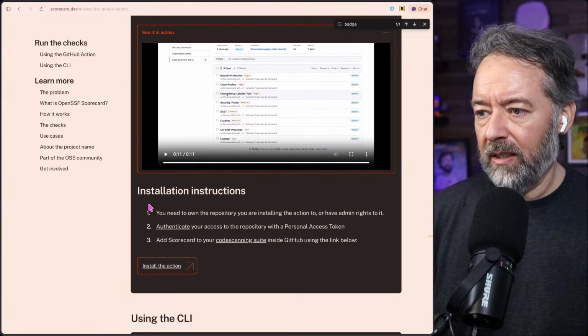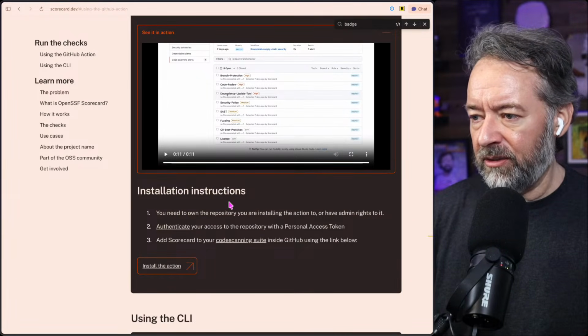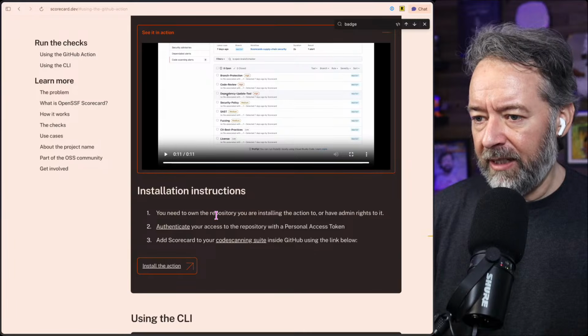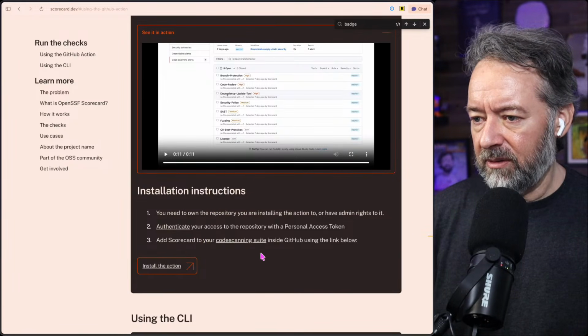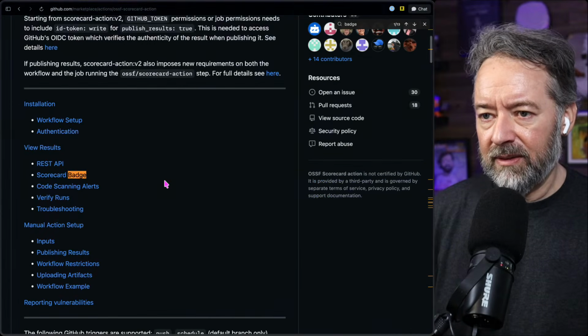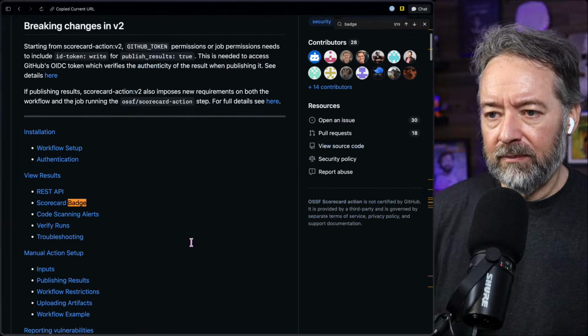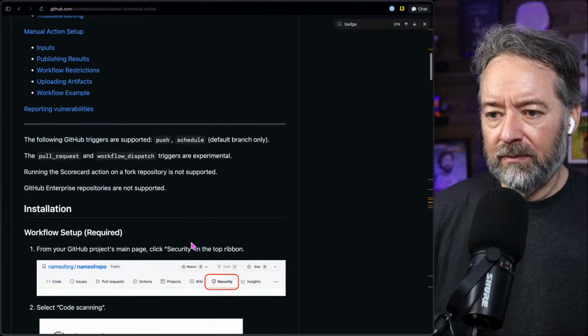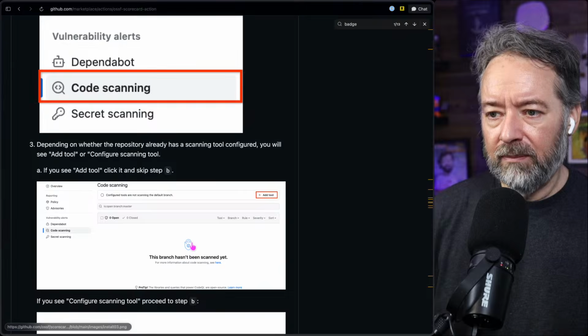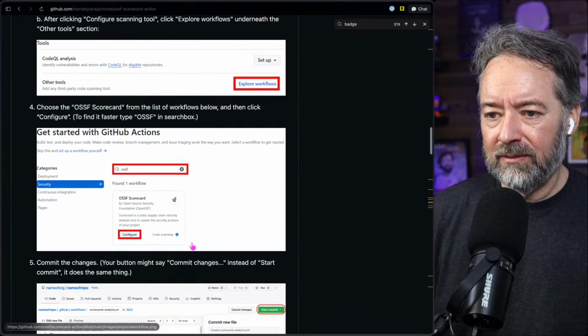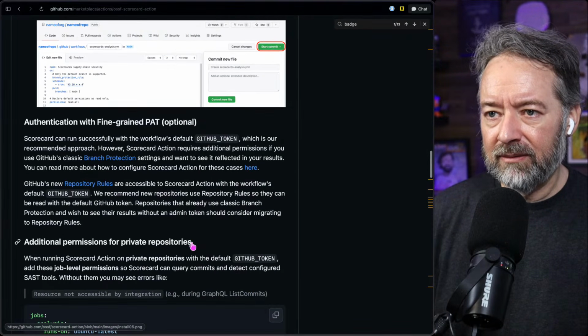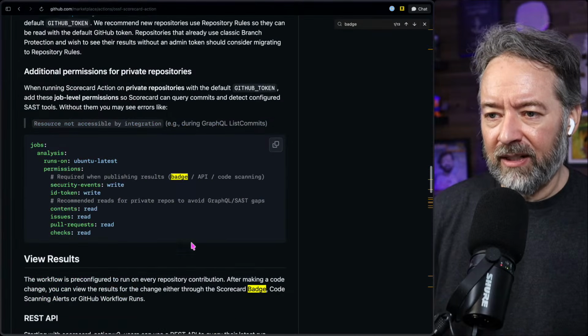Install time. You need your own repository. You're installing the action to authenticate your access to your repository with your PAT. Add scorecard to your code scanning suite inside GitHub using the link below. Install the action. Okay. Oh, okay. So it's showing how I can do this myself